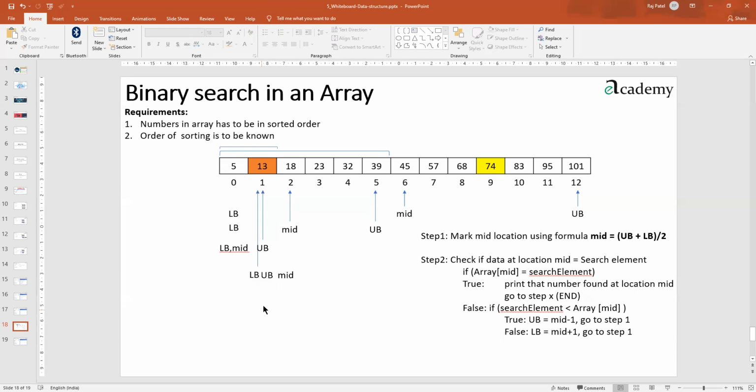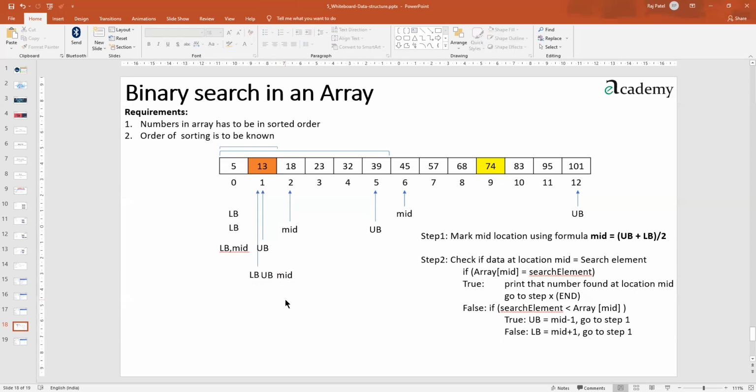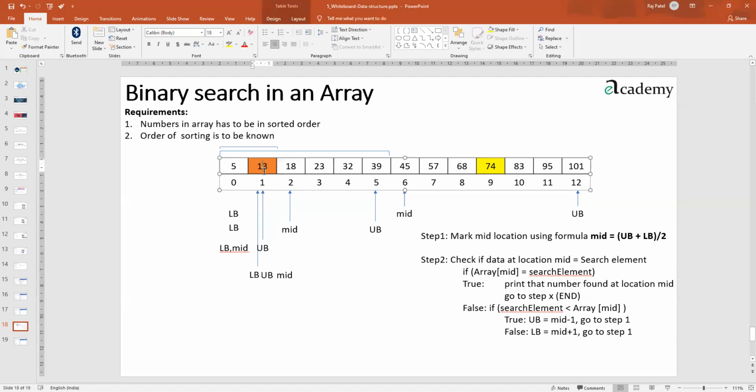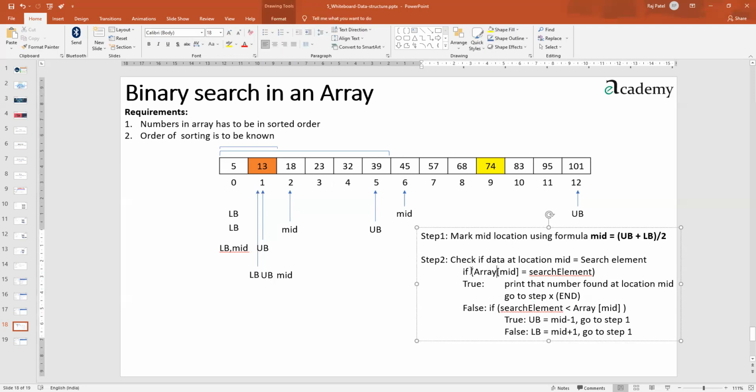So it's good that this time we have taken the worst case only. We have come up to this last position up to which we were doing this particular stuff, and you have also learned about the most difficult case. Now if you come here and check if array mid is equal to the search element, yes or not? Yes, you have found it. And you will go to step number X, which is an end.